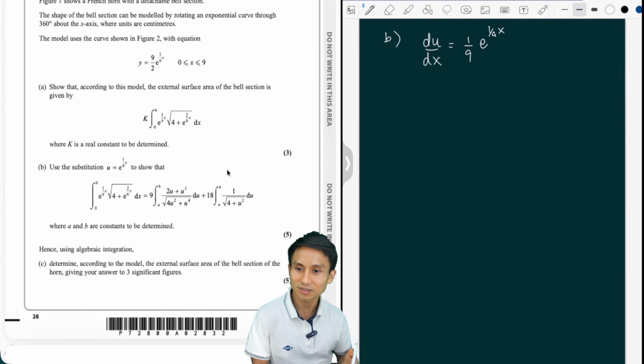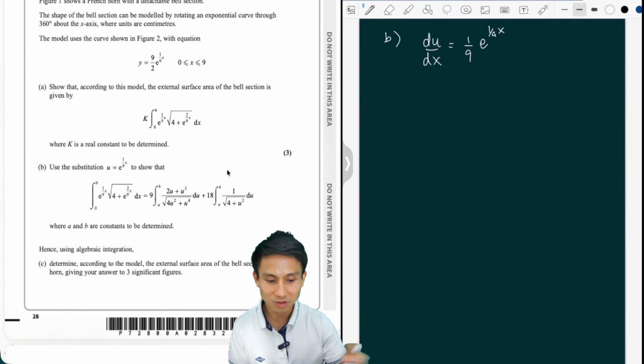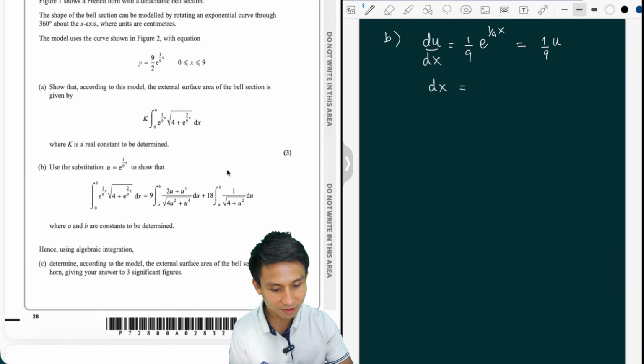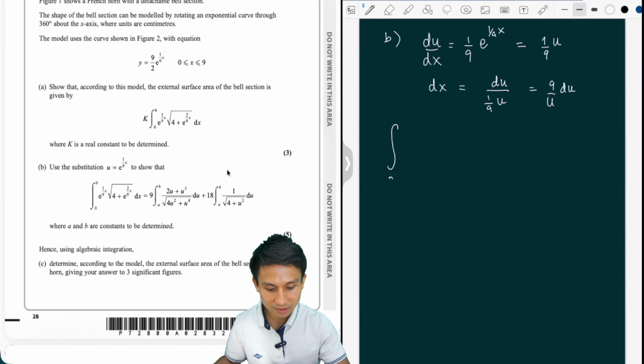Or if you like, this is just 1 over 9u, basically. Yeah, we can also do 1 over 9u. Well, I'm just going to write that first, see if we need that. So dx is du over 1 over 9u, like that. But then it's just 9 over u du, right? So the integral of all that, just the thing they want there,